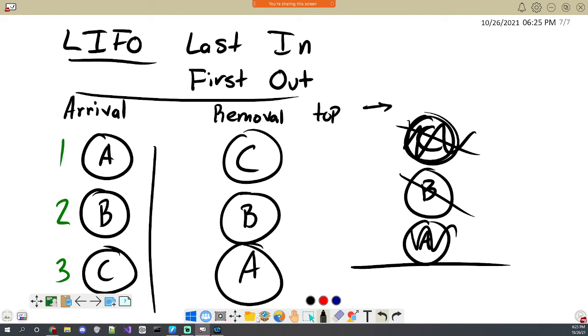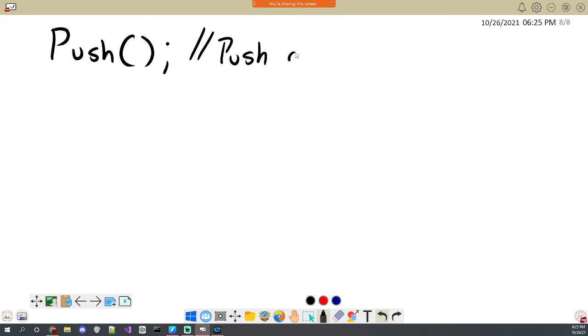Let's just do an example of that really quick. Let's say I have a stack and then we have an arrival where we want to put some things in. So let's first talk about the terminology. Whereas a queue is called enqueuing when you put something into it, when you put something into a stack, it's pushing. Push onto the top.